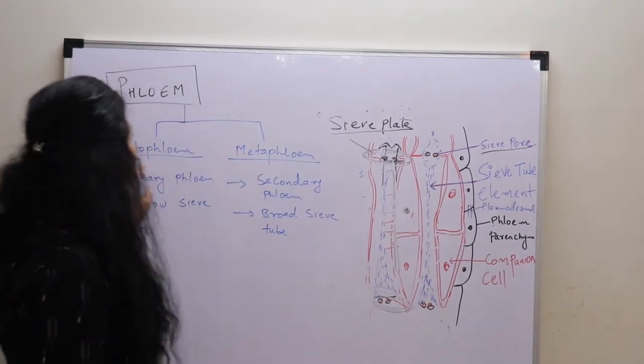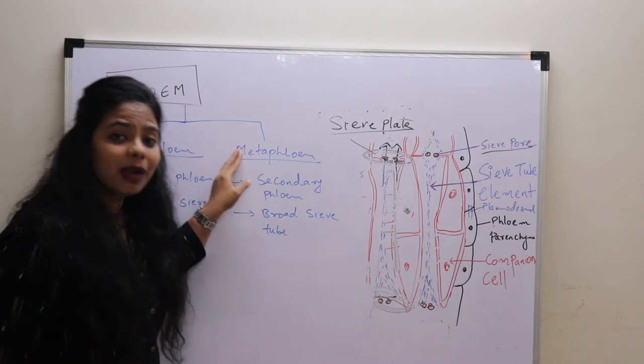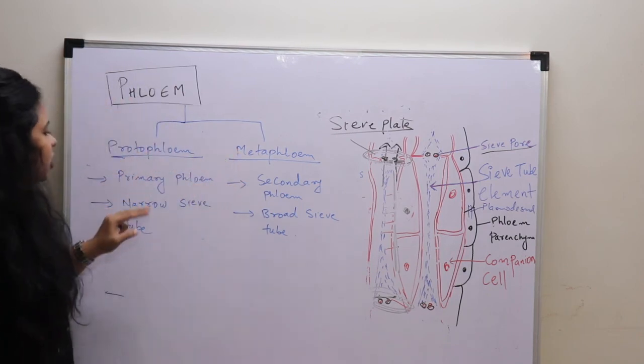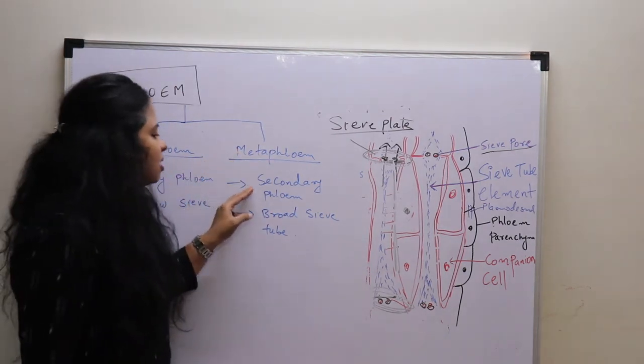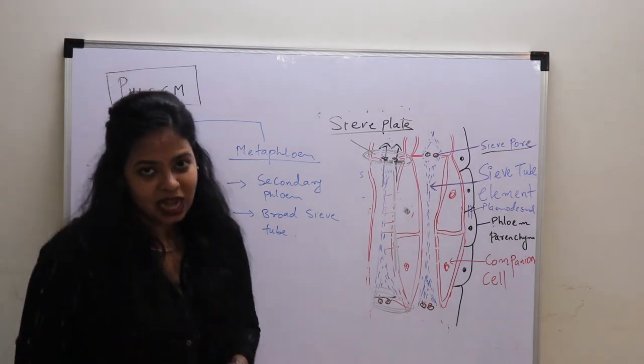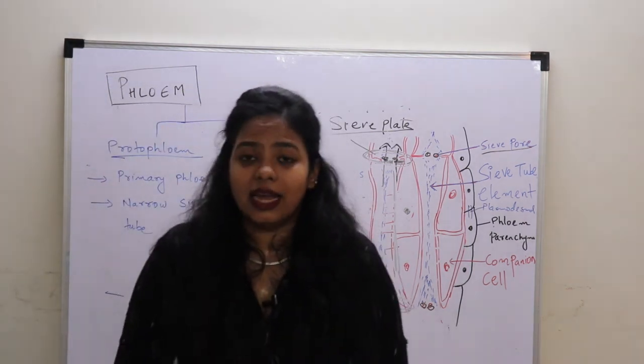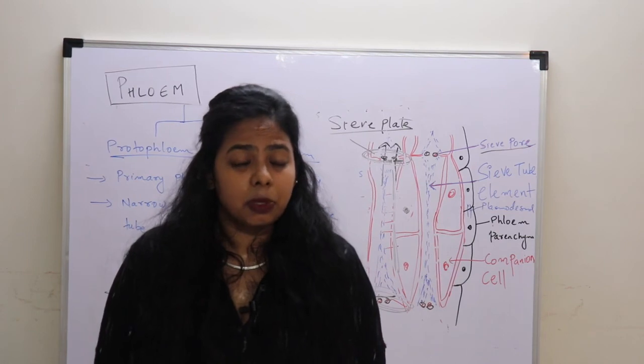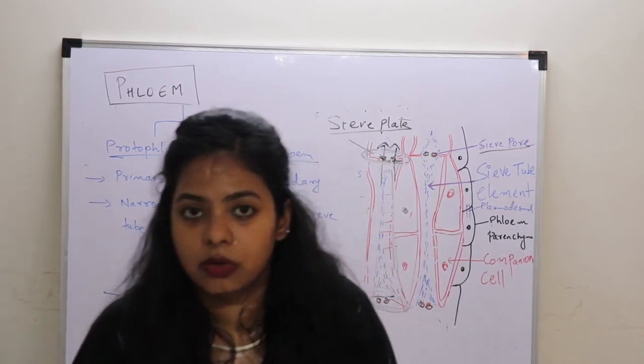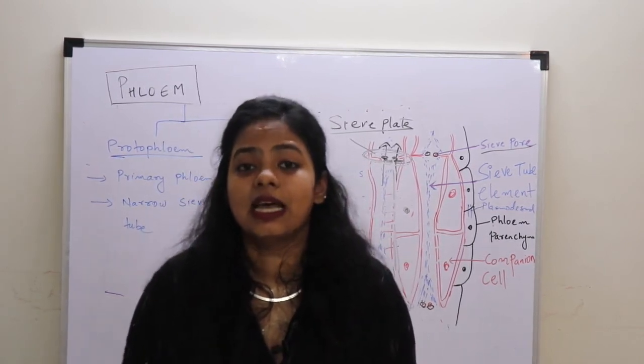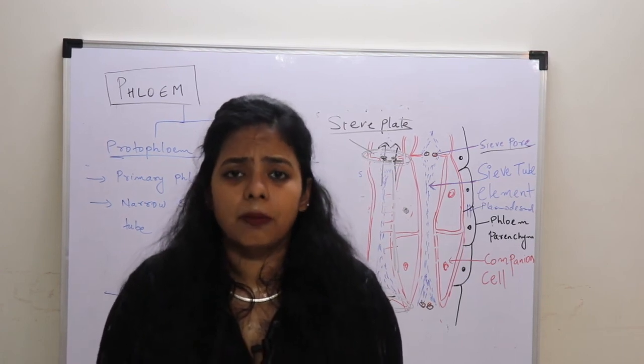Then the last two types of phloem are protophloem and metaphloem. Protophloem is primary phloem with narrow sieve tubes. Metaphloem is secondary phloem with broad sieve tubes. I hope you have understood phloem entirely, which is a complex permanent tissue. In the next video lecture, we will be discussing secondary growth, which is a very important topic from